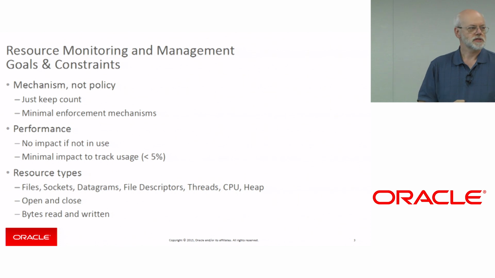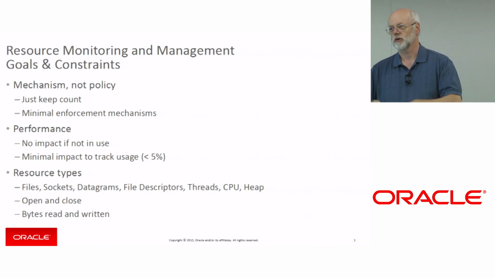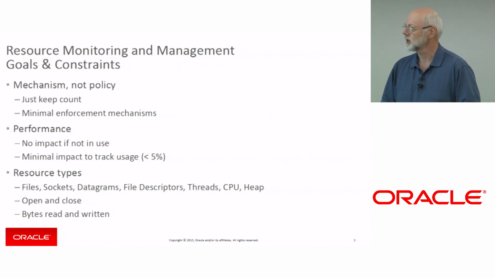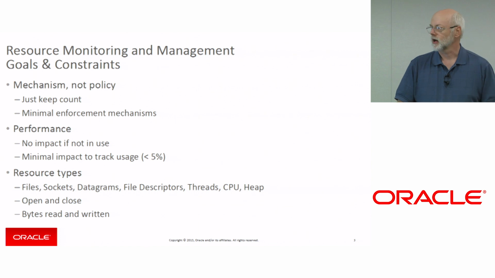So the resources that we wanted to be able to track were the typical library ones: files, sockets, file descriptors, datagrams, threads, CPU, and one of the most interesting ones is heap. In particular, retained heap usage, not just how much memory you've been allocating, but how much you're still using. And typical metrics of open and closes of things like sockets that have to match, and then bytes read and